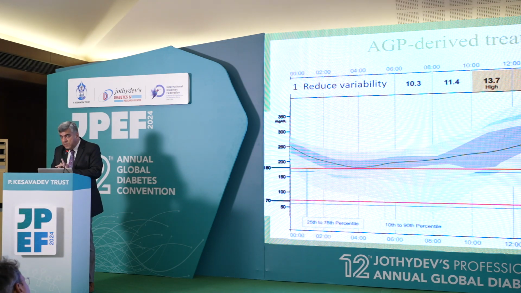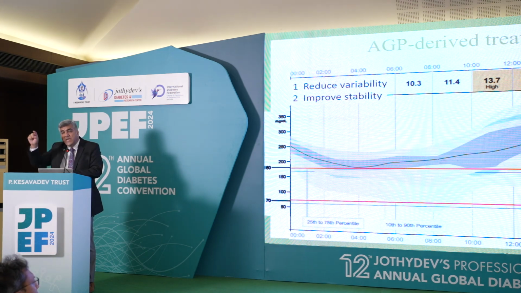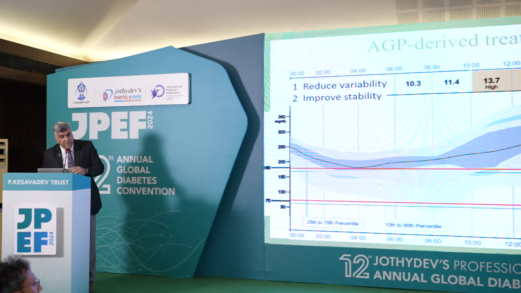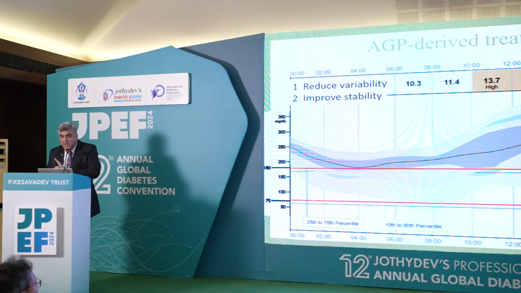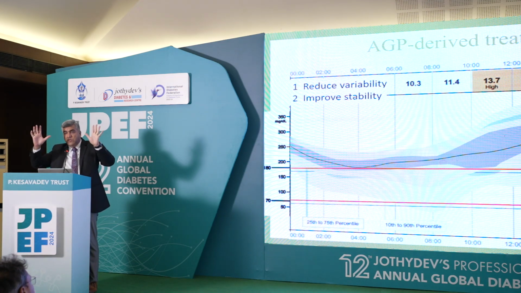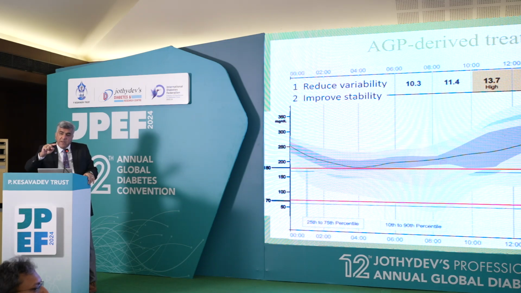So principally you will first reduce the variability and then improve stability. Stability refers to your movement through the day within a 24-hour period. Chairpersons, I'll take 2 more minutes of Amit's time. So, which is where you're trying to improve the stability. So first you try and narrow it down, that means reduce variability, and then improve stability. That means if there is movement spiking